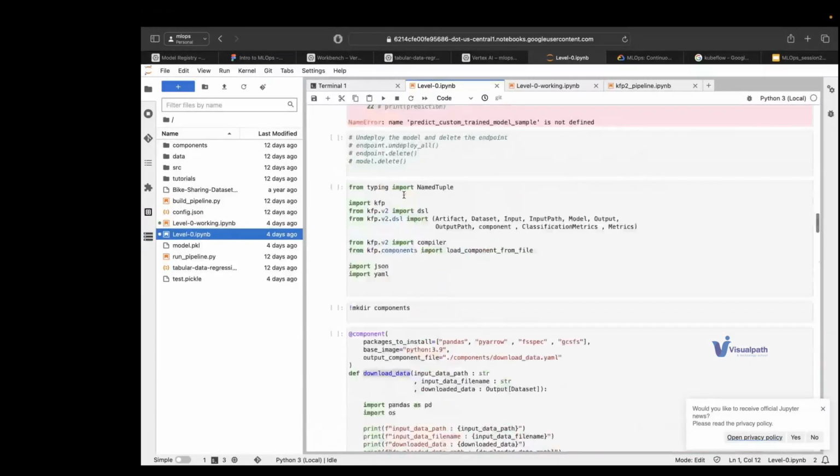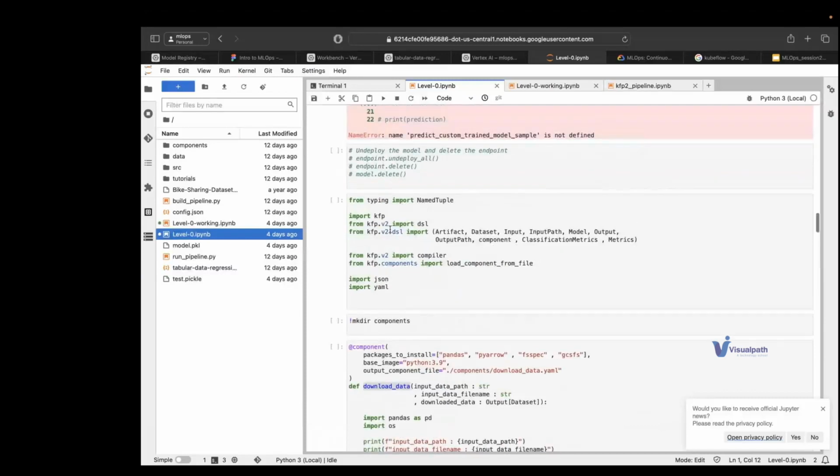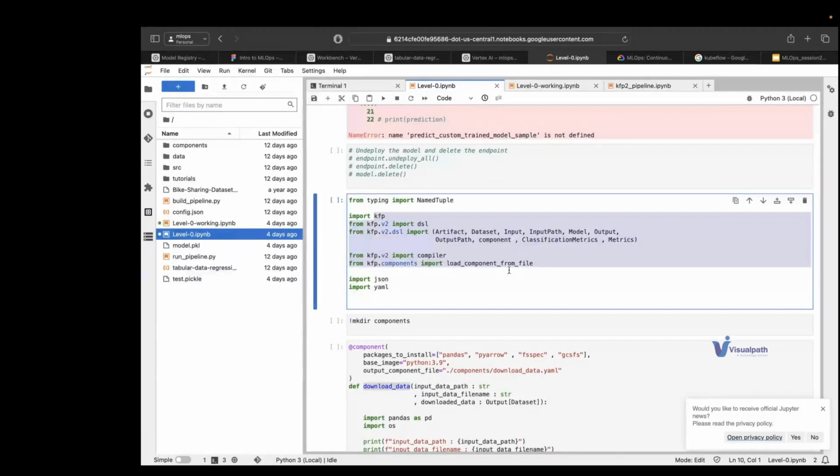That's KFP, Kubeflow. If you have a Kubernetes instance on the cloud, you will use the same package, KFP, and this helps us run on any cloud. Even on your local machine, if you have Kubernetes installed and everything set up as required, you can run this locally as well. So that's also one of the possibilities.